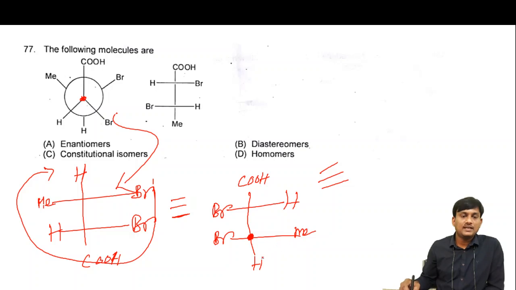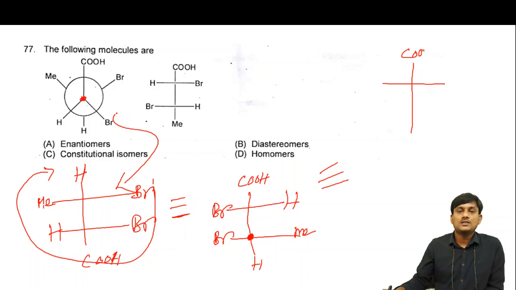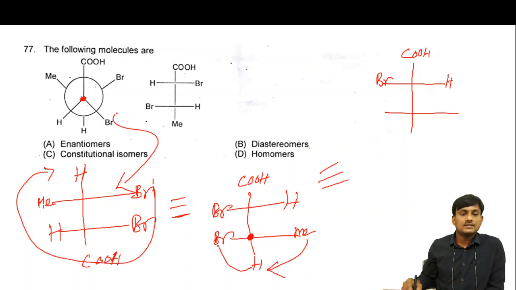methyl should be at this axial position, at vertical position. Methyl should be at vertical position. Then only you can compare these two molecules. For this, at the first center there is no change. You can put COOH, BrH, and in the second center the methyl should be at vertical position. The horizontal methyl should be at vertical position. So when you change like this,